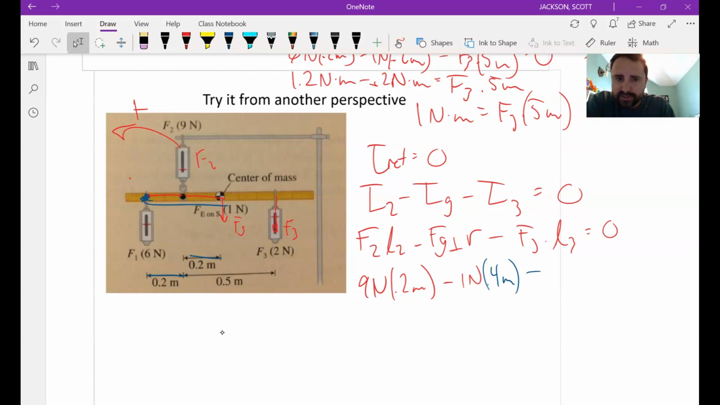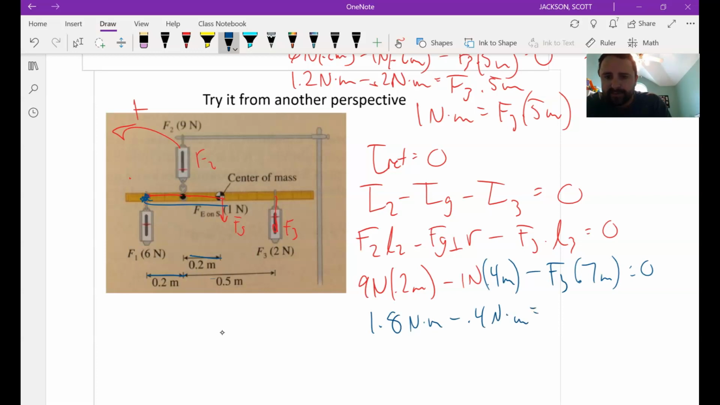And then minus the force of 3 that we're solving for, and its distance, that's 0.2 and 0.5, so that's 0.7 meters equals 0. So let's see, that's 1.8 newton meters minus 0.4 newton meters equals F3 times 0.7 meters. So we got 1.4 newton meters equals F3 times 0.7 meters, and I get F3 equals 2